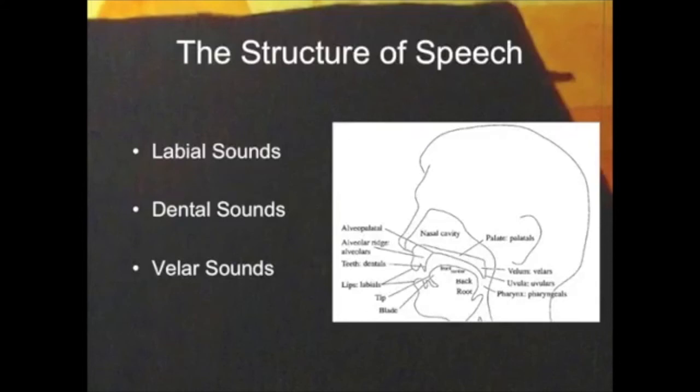First, we have labial sounds. These are sounds that require the use of one or both lips of the speaker. We most commonly associate labial sounds with stops, linguistic stops. Now, the letters B, a variant of P, F, V, and M, all of these are considered to be labial sounds. It may seem a bit silly, but take a moment to produce a V sound and be very cognizant of the role of one or both of your lips as you're producing that sound, or an M sound.